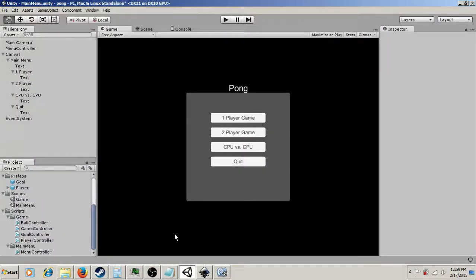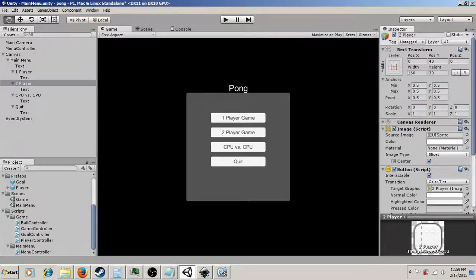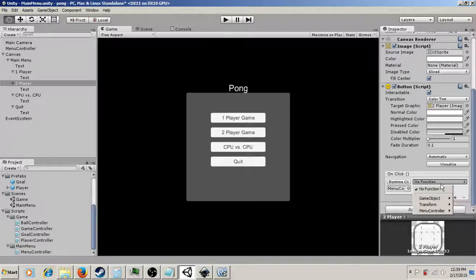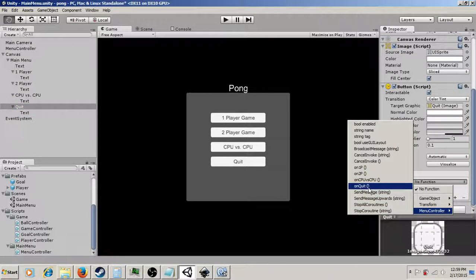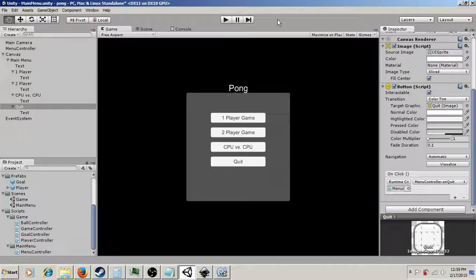Let's go real quick and assign the rest of our callbacks. If we go to our two-player guy here, we'll do menu controller on 2P and quit on quit. Let's just save this guy here so that we don't lose all of our progress in the rare event that my computer shuts down. It's been complaining about my battery lately. You can probably see that in the corner. But now,